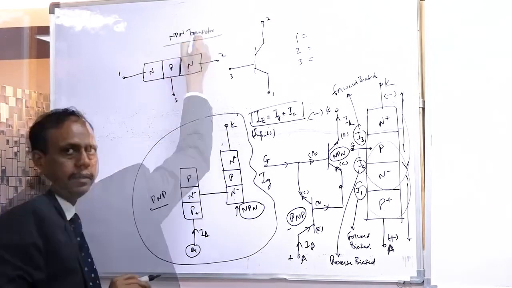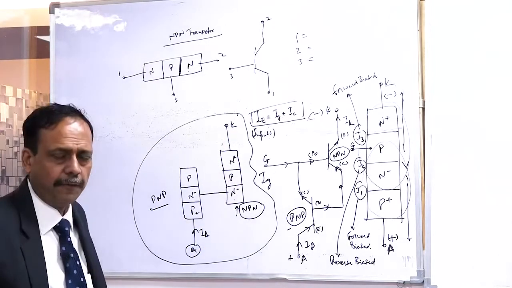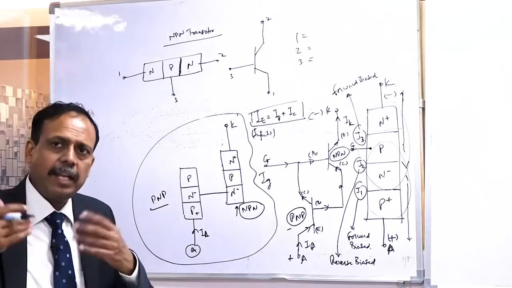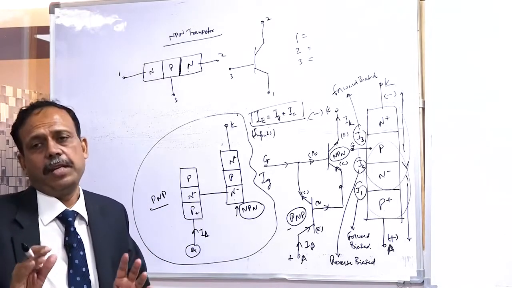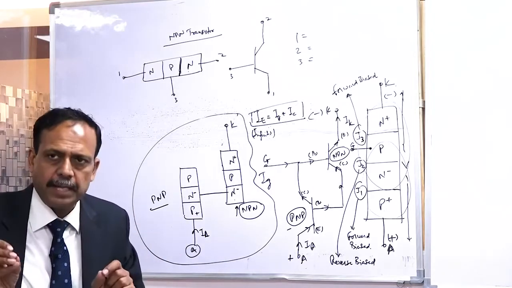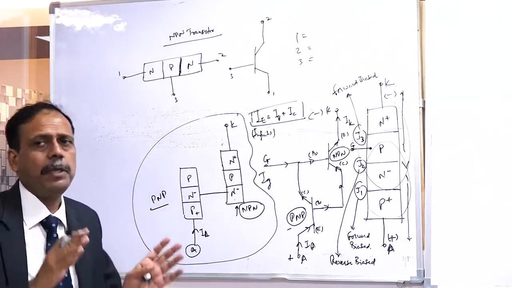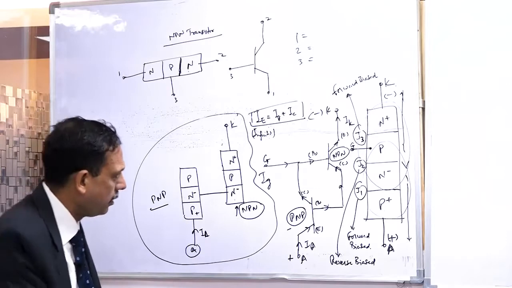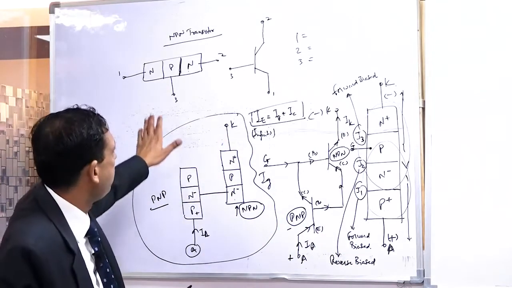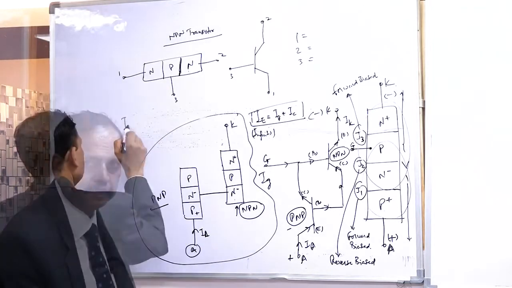For the NPN transistor, first draw it yourself and try to put the current directions yourself. The way I have done it for PNP, you try to do it for NPN. When I explain, you correct yourself. If there is a mistake, you correct it. Once we understand the exact symbol of NPN and the direction of the currents of the collector, emitter and base in both PNP and NPN, then only will this circuit be clear to you. That is why I am taking time. So, if everyone has done the homework for NPN themselves, say yes, done.